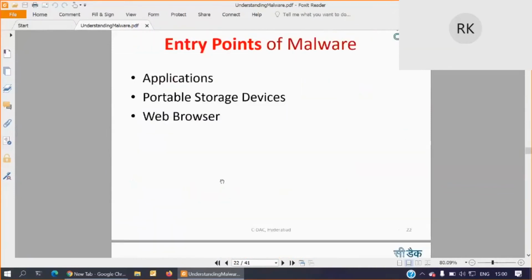So coming to our next point, what are the various entry points of malware? As we previously discussed, the majority of the time applications will be the entry point of malware. Why? Because while downloading an application, let us say you search for VLC media player, it will show so many URLs, so many websites or web links, right?